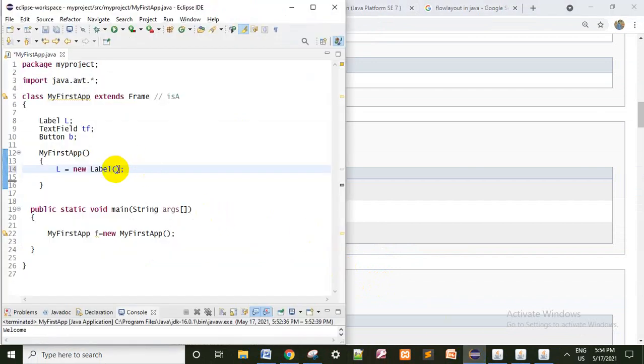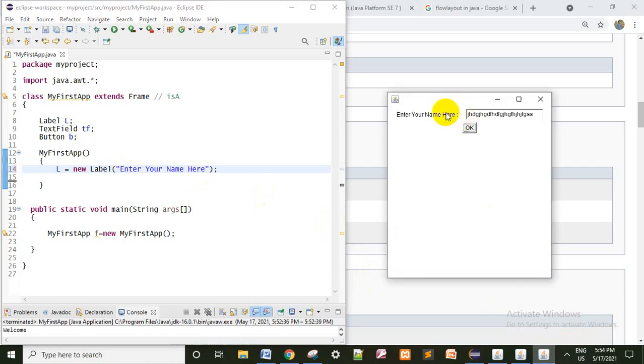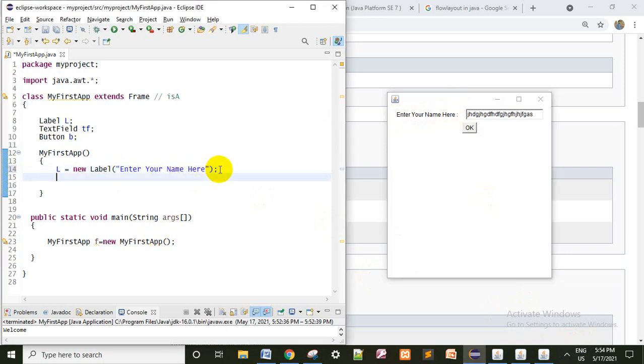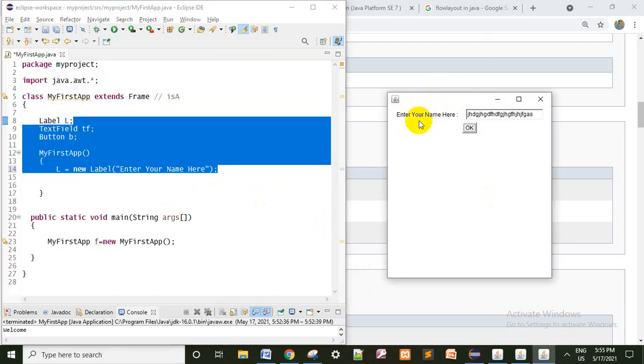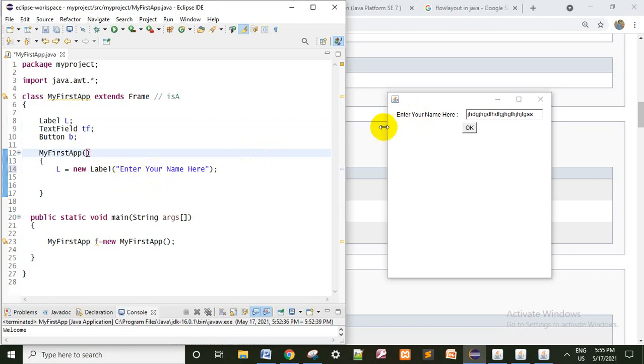For that I am using a double quote, that is a string, "Enter your name here". Because this is a label we need, I want to create this kind of label here.